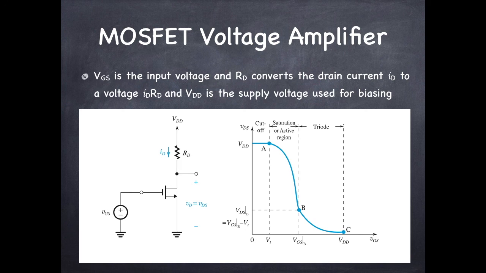This corresponds to the active region, and when MOSFET is operated in this region from A to B, it is amplifying. So we need to set the operating point in this particular region. We have to confine it in between A and B, and for that purpose we need a biasing circuit which will make this transistor useful as an amplifier.